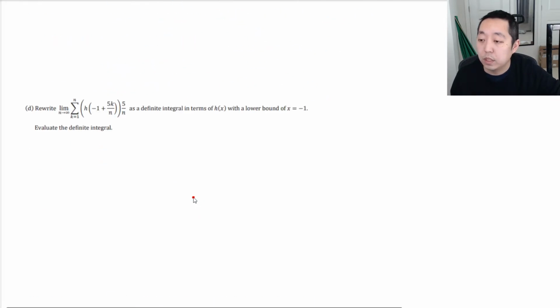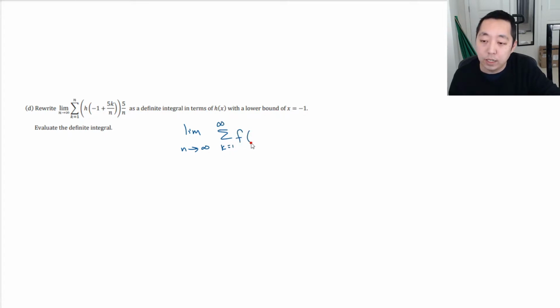Okay. Rewrite the limit as n goes to infinity as the sum of k goes to n. Okay, so this is a Riemann sum. They actually don't ask this very often, or if ever, that I remember on an AP Calculus exam. So you need to write this as a definite integral. So you kind of have to have this formula in your mind of how it goes as n goes to infinity. The general form, and I always do the left point, it doesn't really matter, is f of